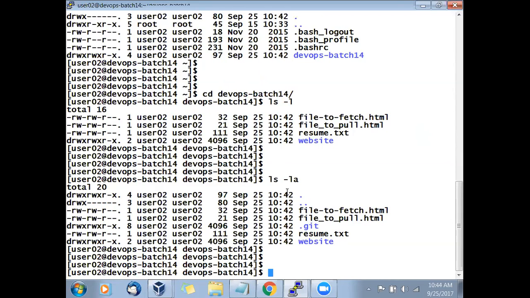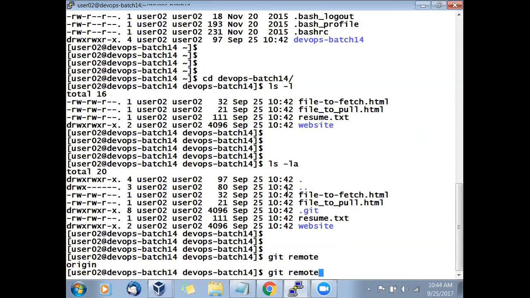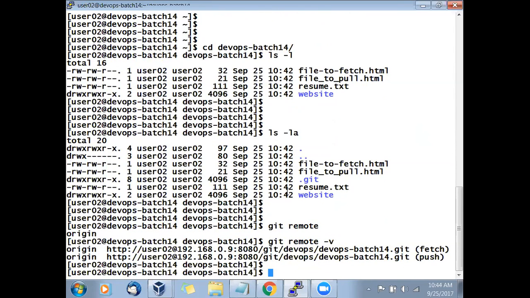Now, interesting thing, let's go and see. If I say git remote, did I set any remote here in this user02? But let's go and see what has happened. You see that? So when you do the cloning, it will also set the remote for the user. It will set up all the areas, local directory, staging area, local repository, and remote. It will configure everything for the user. So the first time you have to configure a little bit. From the second user onwards, no pain. Everything is smooth. This clear?